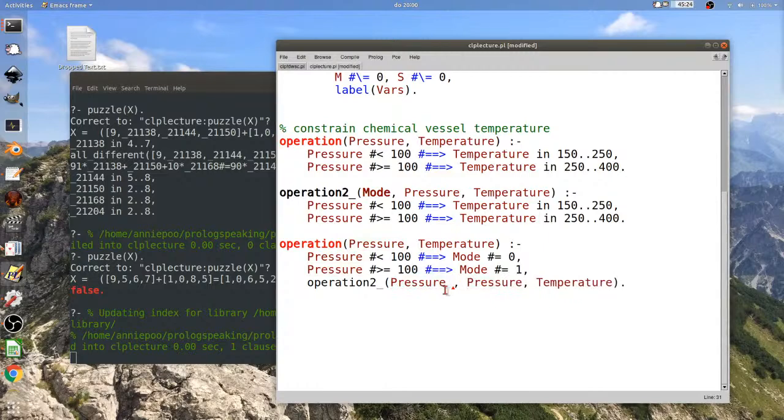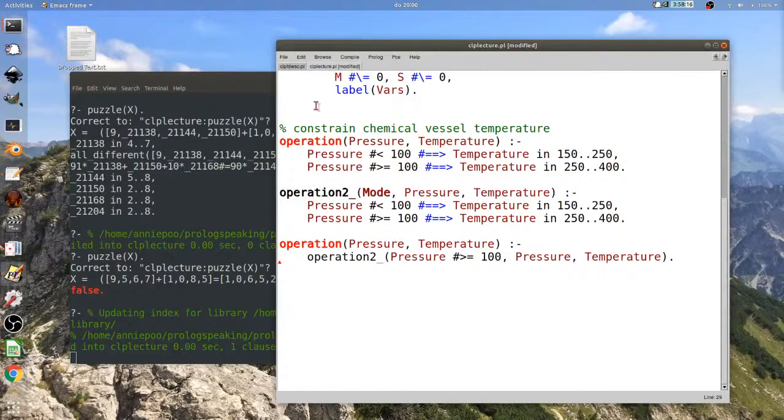Pressure. The pressure is 100. Sorry, it's this one.